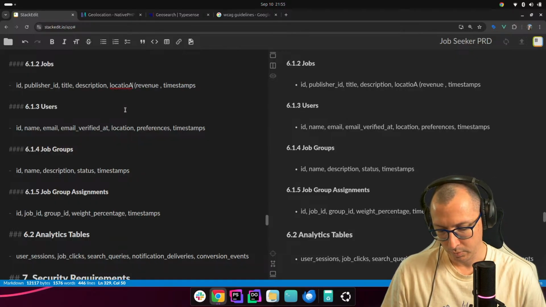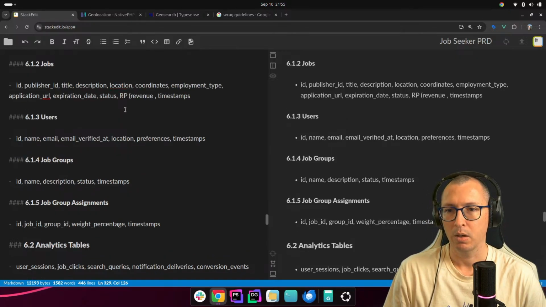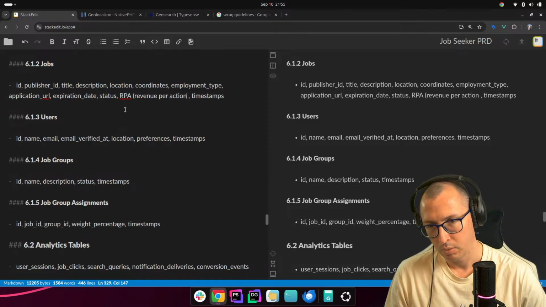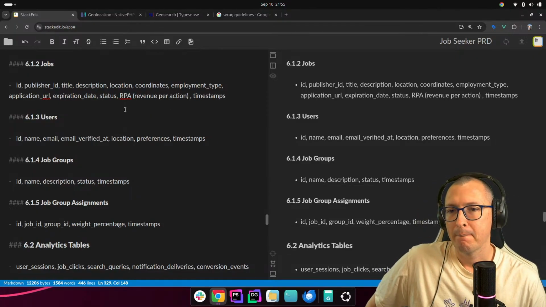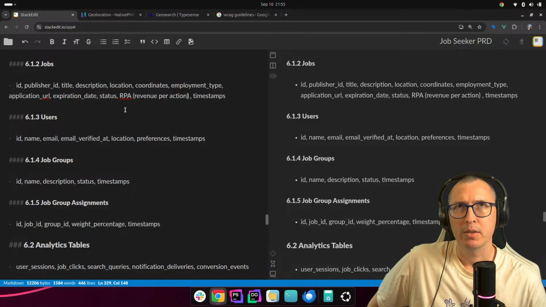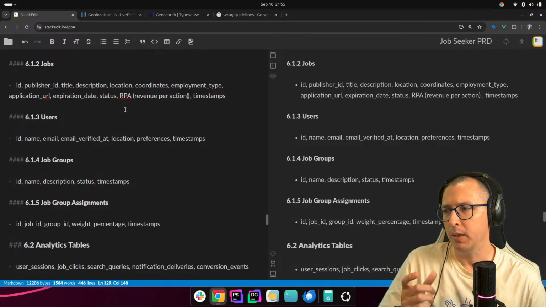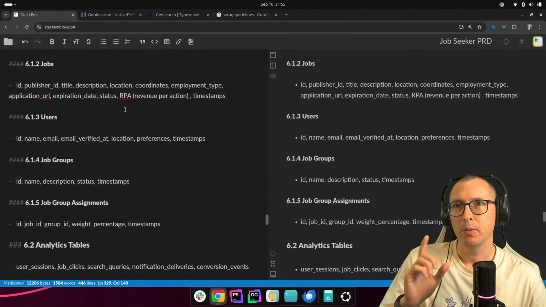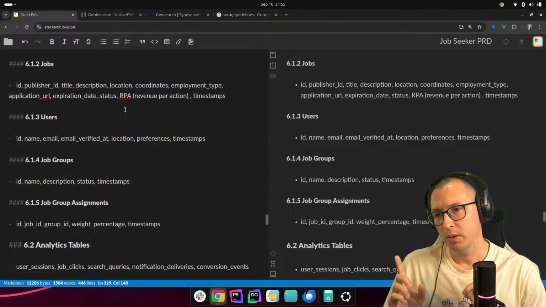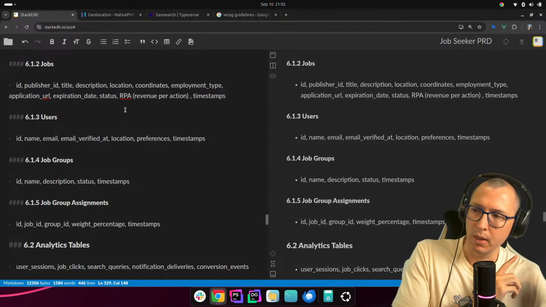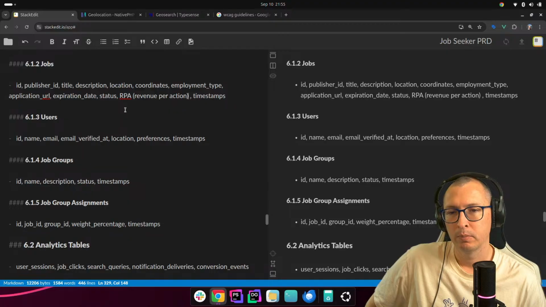RPA for revenue per action. So that's going to be basically the amount of money that we get paid every time a user is taken to a job from a publisher.